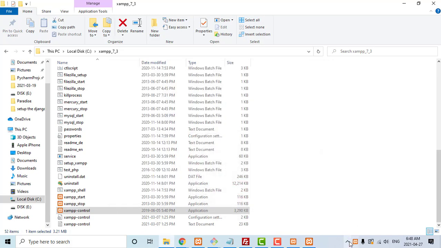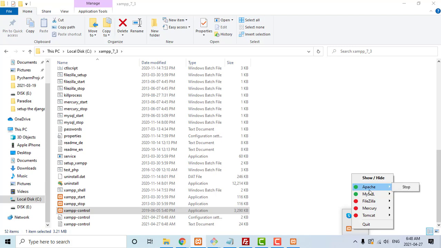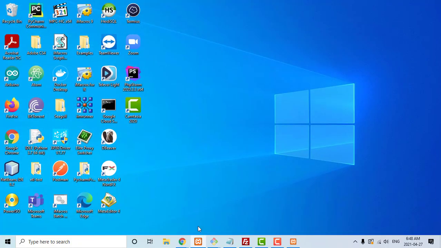If I minimize, I can open like this. This I already opened. That's what I am showing. Just like Apache start, MySQL start, we can start Apache server and MySQL server. MySQL for databases, Apache for web server. Okay. Then after that,